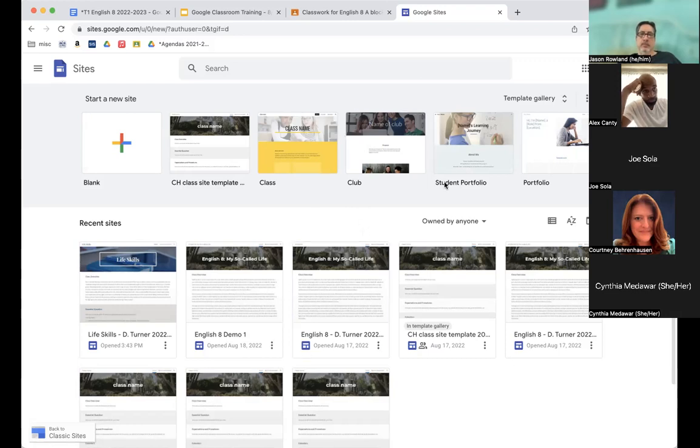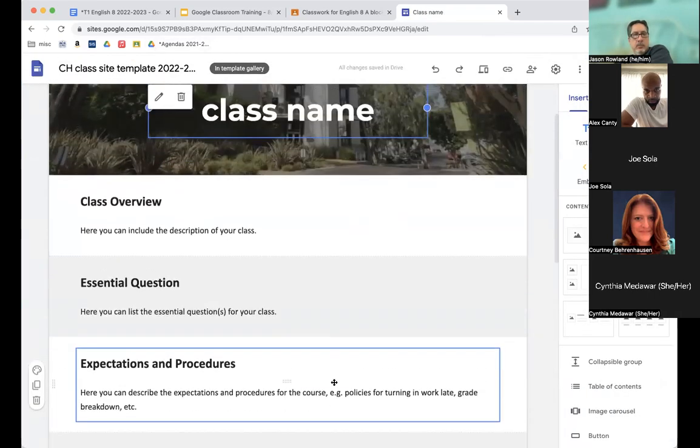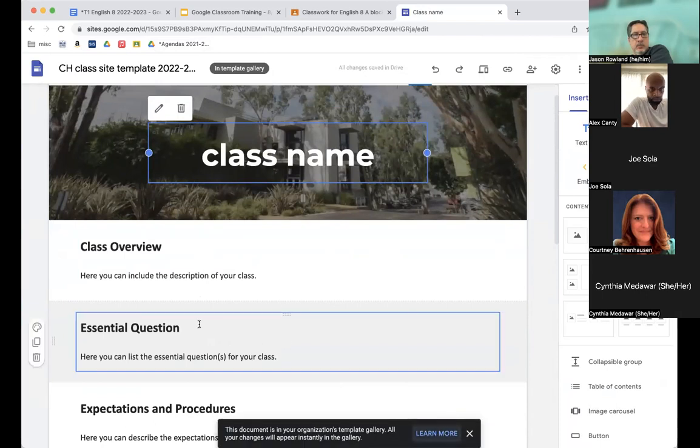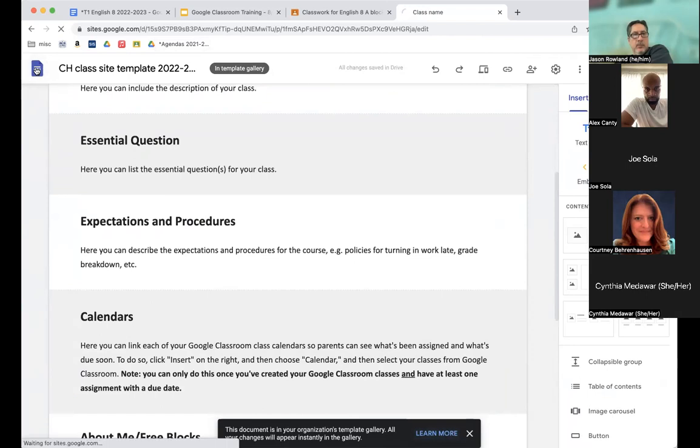So I sent out an email with a video, a screencast, and a link, and I'm going to present it at the opening meeting too. But basically, you're going to get this. It's this template that I created. See, it says in template gallery, and you just fill out that stuff that we used to have on PowerSchool Learning. The class description, all this stuff, and it'll eventually look like